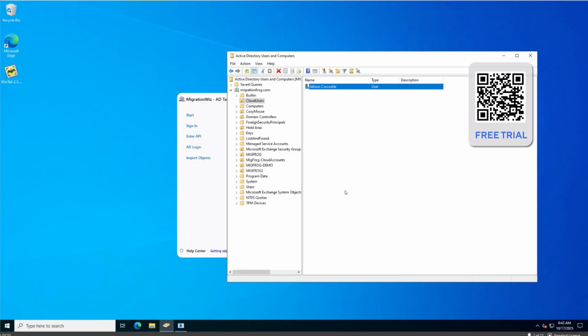Now, what I want to show you next is that when it writes the account, it grabs the object GUID and binds it into the database. So it knows where that is going to be when it looks for it later on. So if we were to move Alison out to a different OU, let's put her somewhere else,